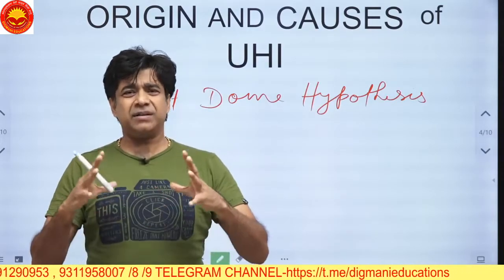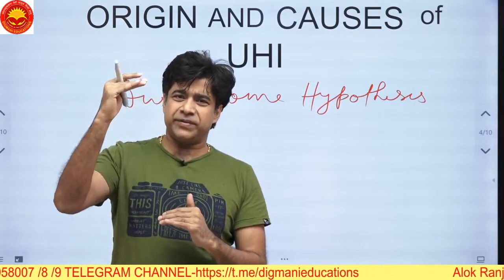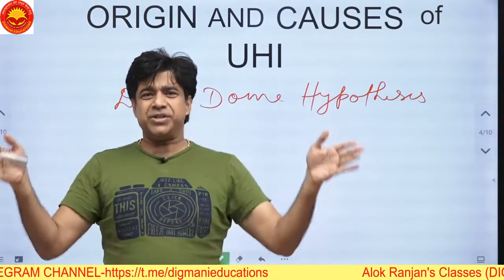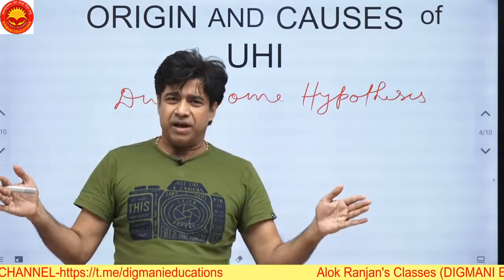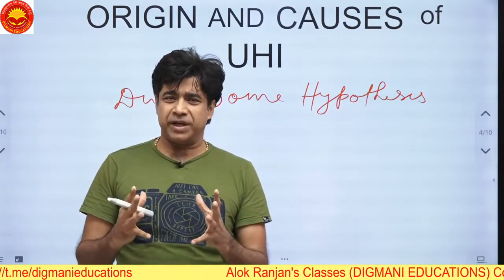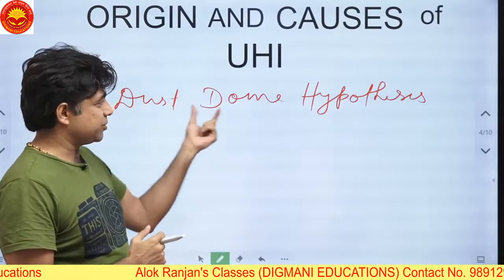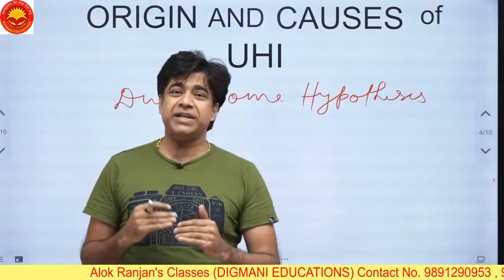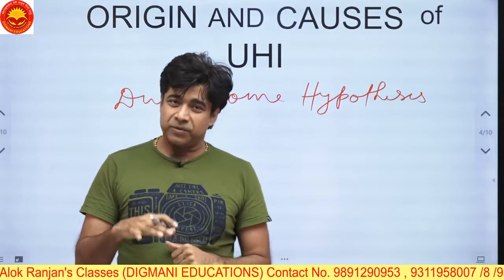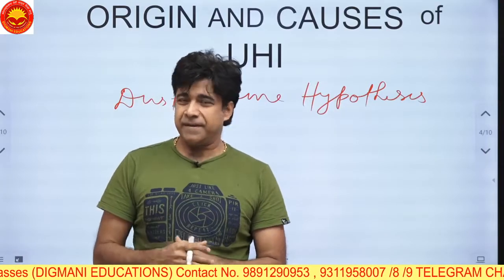All these are collected at a particular height, especially 1.5 kilometers from the sea level. They go and form a congregation, an umbrella. That umbrella formed by the aerosols and other pollutants is called the urban dome, or the dust dome, which lies at a height of 1 to 1.5 kilometers from the surface or from the sea level taken for that particular urban area.